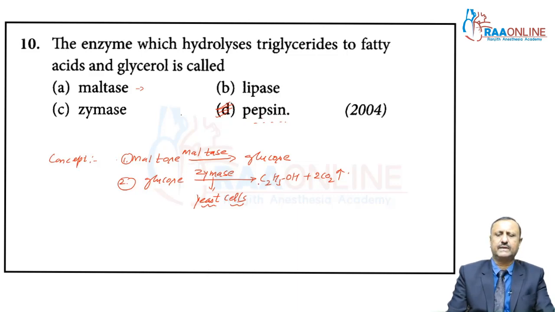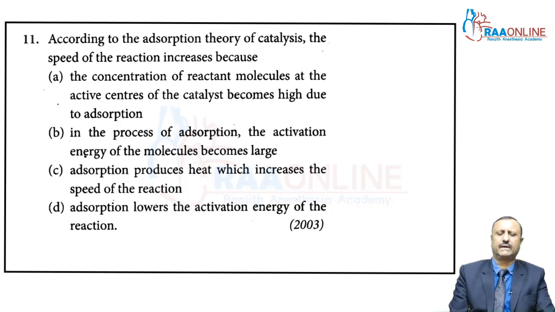Now, my dear students, we can see question number 11. This is the adsorption theory. The speed of a reaction increases because, in adsorption theory, the catalyst increases the speed of the reaction, since the concentration of reactant molecules at the active center of the catalyst becomes high due to adsorption. In the process of adsorption, does the activation energy of the molecule become large? No, not at all. Activation energy decreases, my dear students, with catalysis. So the rate of reaction increases because